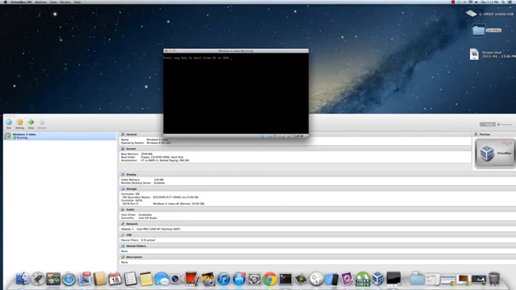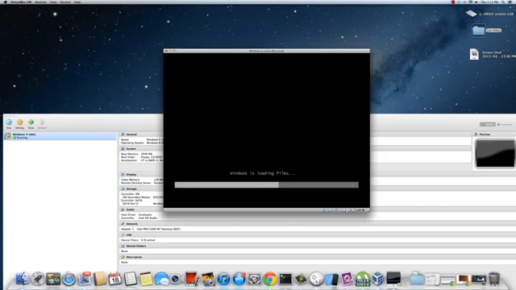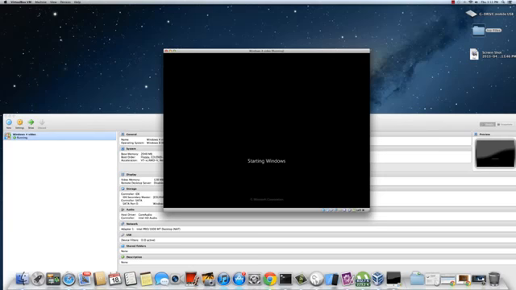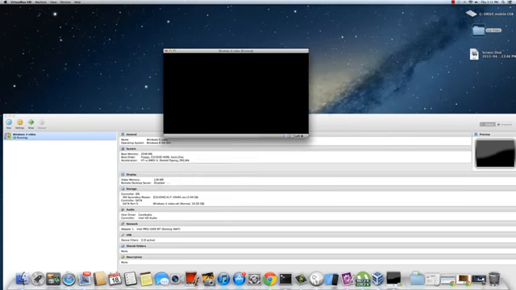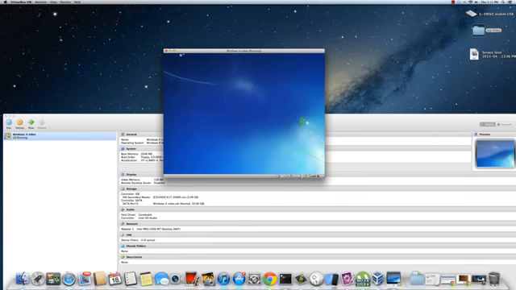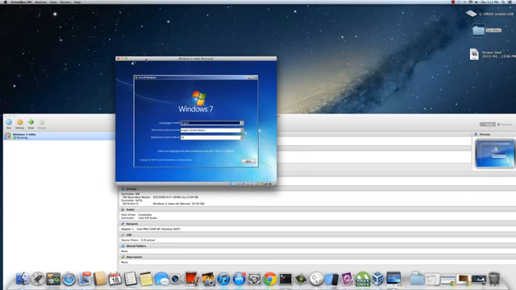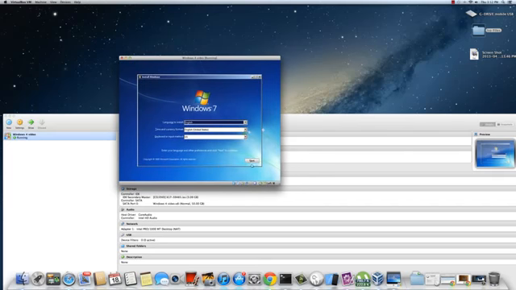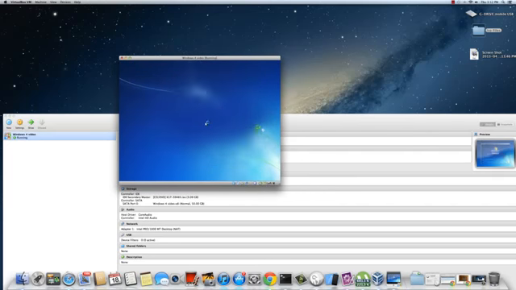Press something now. There, and it shows Windows 7 installation. Now, as you can see, that's the old startup screen, and that's the old icon. Then we can click next, install now,